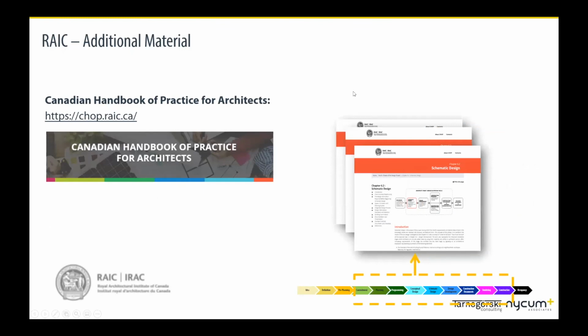So the RAIC materials, again, these are fairly in-depth, but the thing is that if I've just said a bunch of words and I had some slides up, that's great. There is a ton more information within those chapters. Chapter 6.2 is the schematic design chapter. 6.1 is the pre-design. And when you look through those, they'll give you a very quick understanding of where you should be. So that if you consult with somebody, or a design team comes forward and they say, hey, we can provide this, this, this, and this,